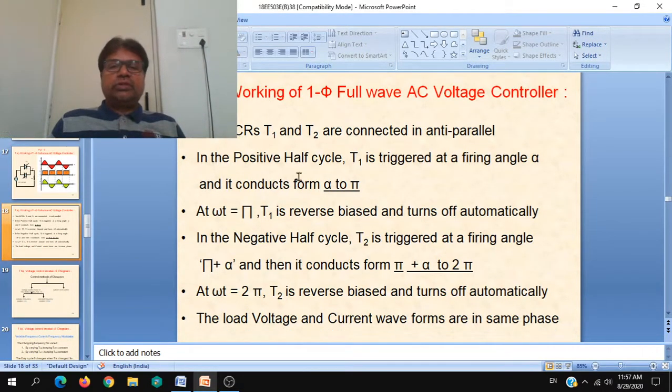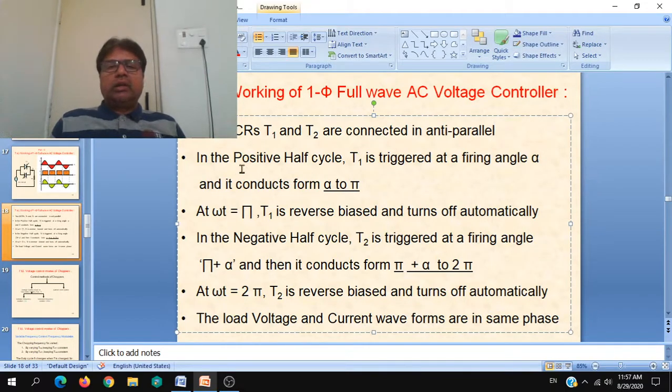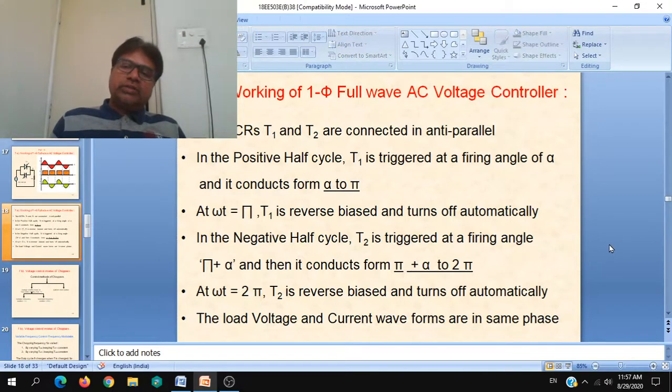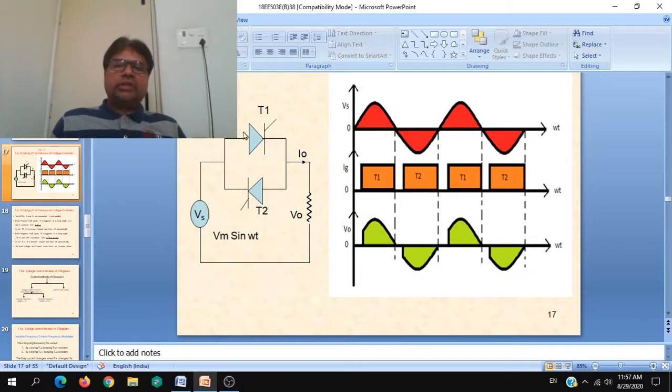And the explanation: two SCRs T1 and T2 are connected in anti-parallel. In the positive half cycle, T1 is triggered at a firing angle of alpha, and it conducts from alpha to pi, at omega t equal to pi, that is zero crossover. At zero crossover, SCR1 or T1 automatically turns off, and there will be the turn off period. Load will not be getting any voltage again, because though the negative half supply is there, T2 is not fired. It will be forward biased due to the negative half cycle voltage, but